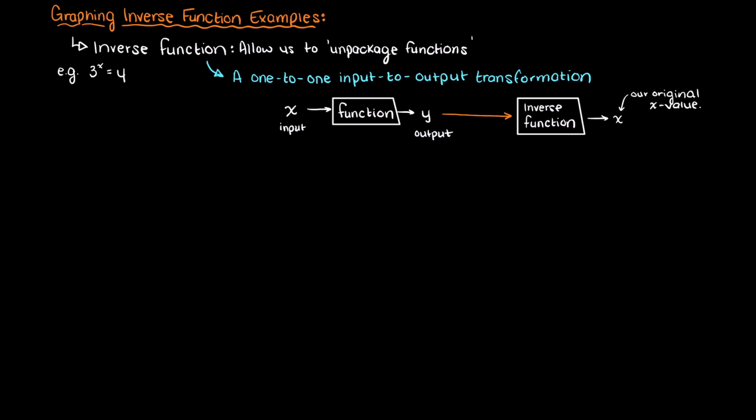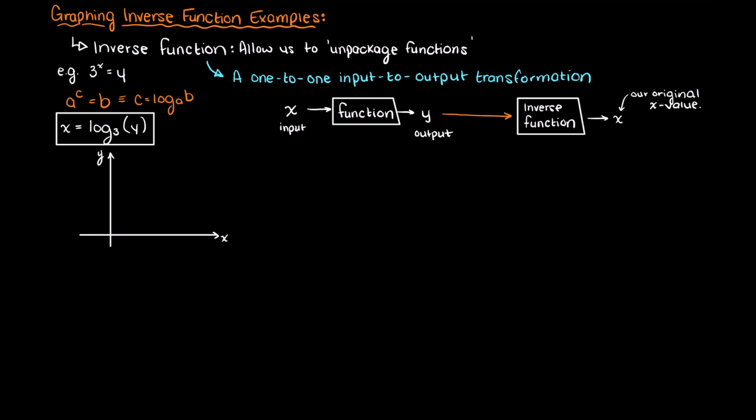Well, you may have heard of logarithms, which can unpackage exponents. That is, it can bring the exponent to a coefficient in front of this 3. Then we are able to solve for it. We're able to do this because these two are inverse functions. So if we plot an exponential versus a logarithm, you can see that they mirror each other about x equals y, which we discussed in the last video is an easy way to visually see that a function has an inverse. So what steps should we perform when graphing an inverse function?